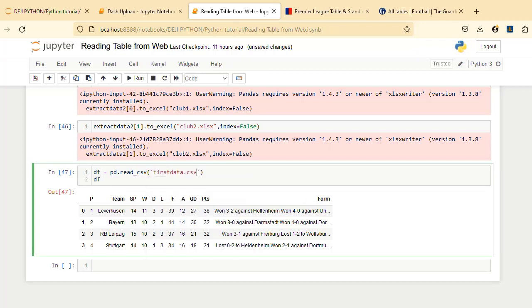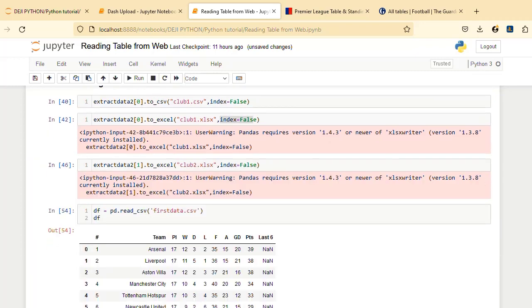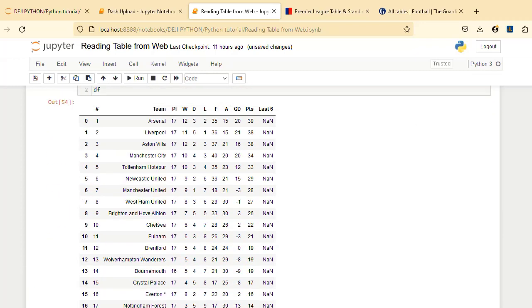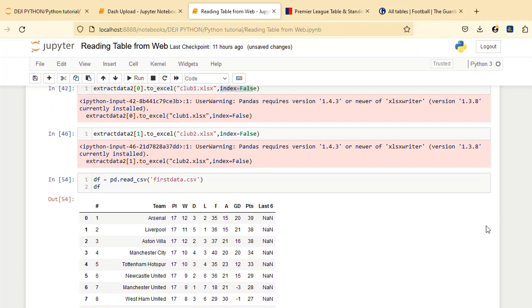So if I want to load it in again, you know how to load it. That will be pd.read underscore CSV. So that will be club. So if I run it now,